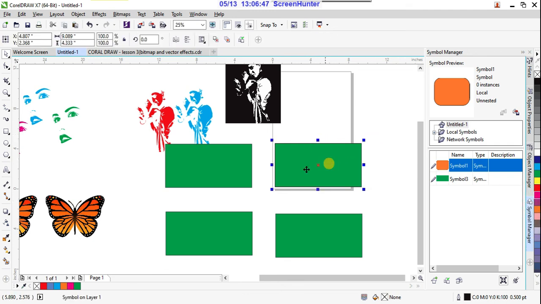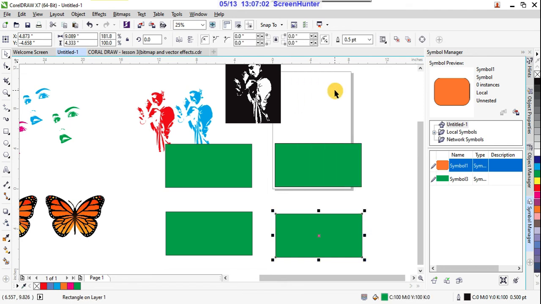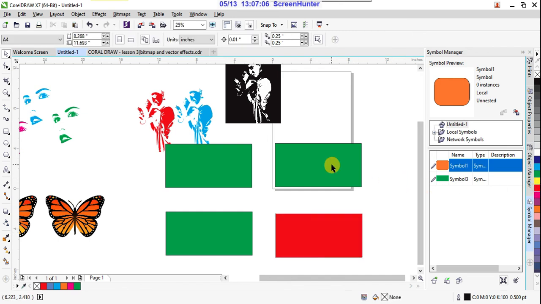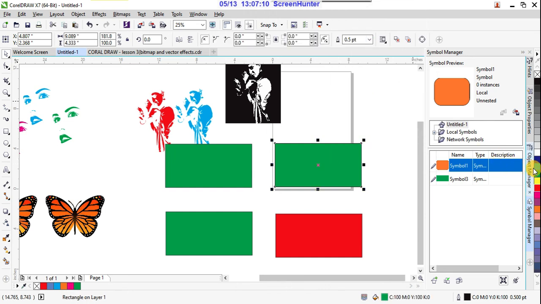So for that, what you do, suppose I want to change the color of this, select that and right click, Revert to Object. Click on that, and now your symbol is reverting into an object. Yes, now fill color, right?